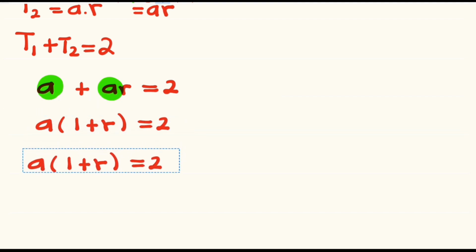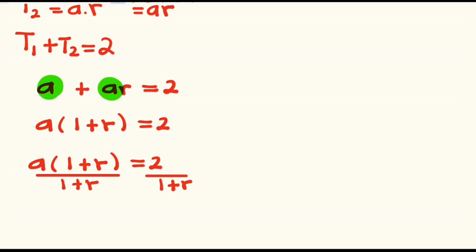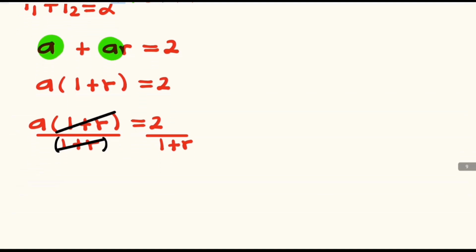We divide both sides of the equation by 1 plus R, and on the left hand side, the 1 plus R will cancel out each other, and our A in terms of R will be equal to 2 divided by 1 plus R. Moving on,